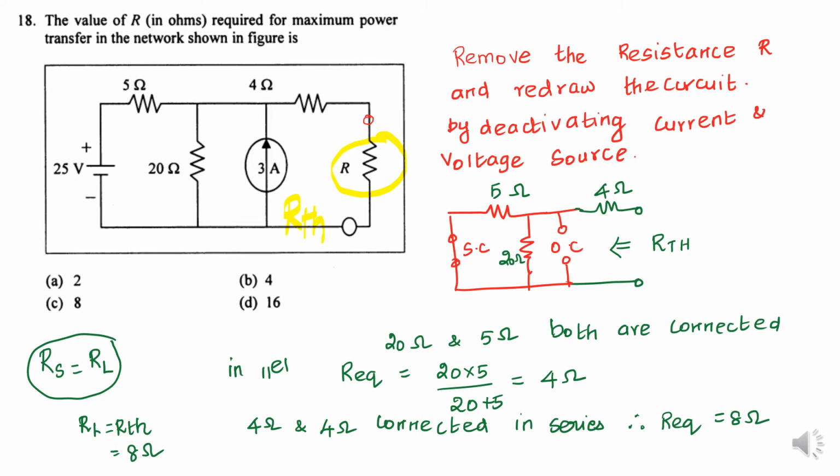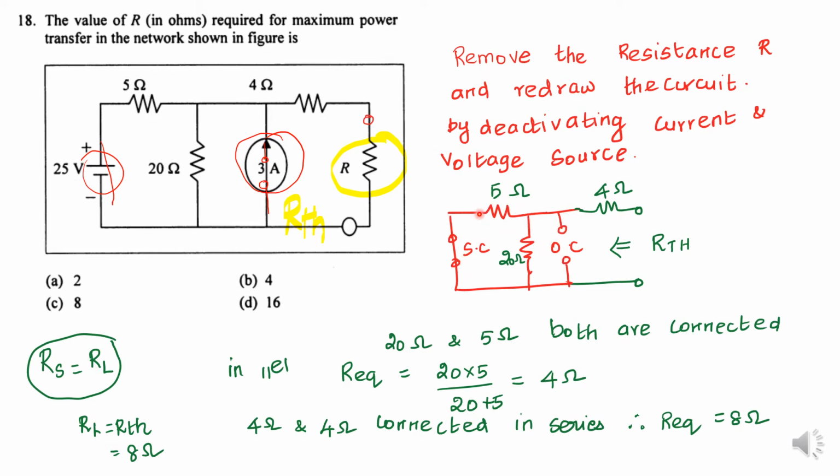For finding out source resistance, what do I have to do? First of all, I am going to redraw the circuit. The given circuit is redrawn by deactivating the voltage source and deactivating the current source. Voltage source is deactivated by shorting it and current source is deactivated by open circuiting the terminal. Have to redraw this diagram again. So see in this diagram, short circuiting the voltage source, open circuiting the current source,